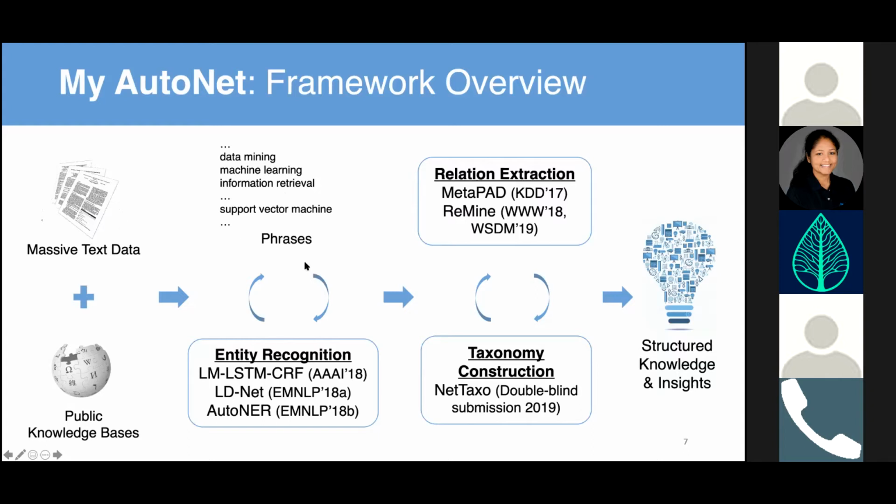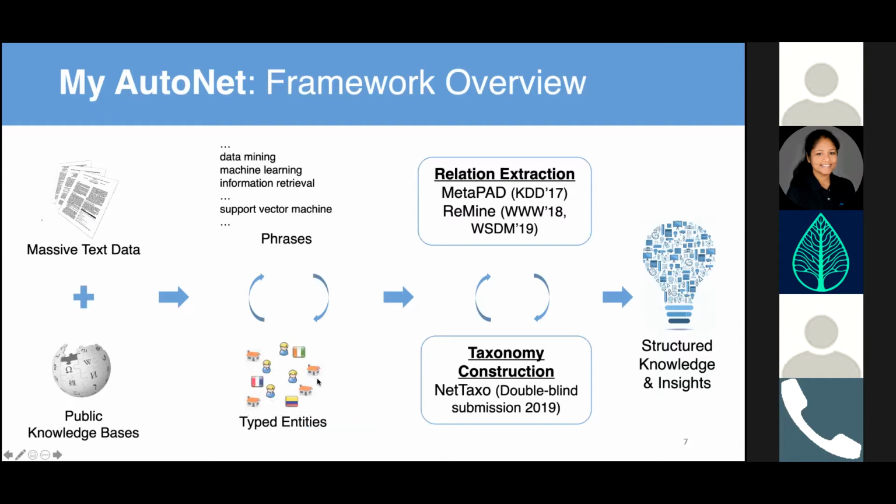In the second step, based on the phrases, we are going to further distinguish the types. Maybe we want to recognize person names, or understand location names, but in this example, we are going to figure out what the problems in computer science are, and what methods you can use to solve these problems. So we will identify support vector machine and logistic regression as 2 methods, and binary classification as a problem. These entity types are predefined, but it really depends on the domain you're looking at, and you can change this in a flexible way.